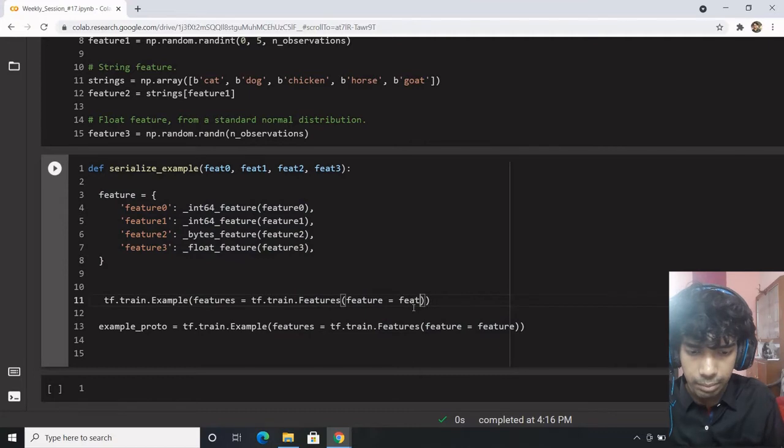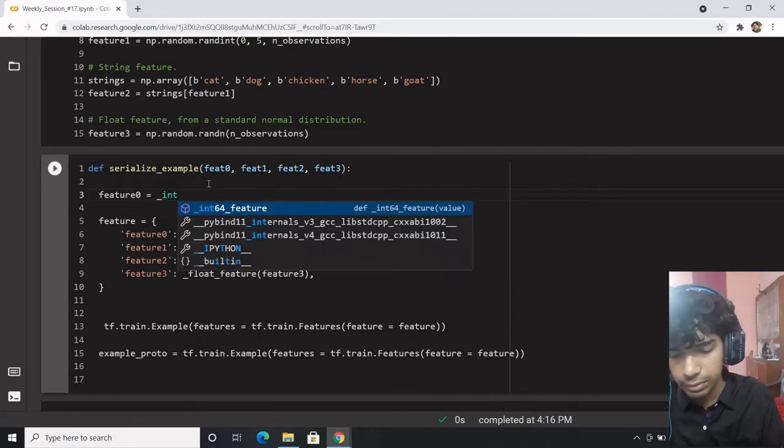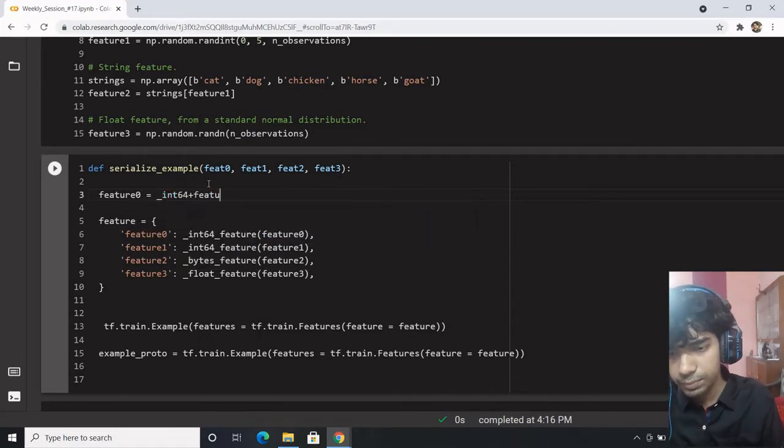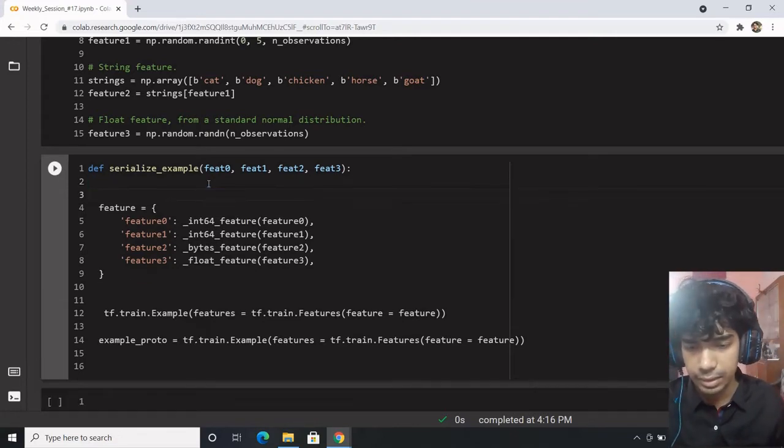Within the feature map, I could have done, let's say, my int feature, feature 0, by calling the int64 feature and passing feat 0. But that would be a lengthy process. Why do repetitive steps; rather we just skipped over a few steps. It's good to skip over a few steps if you can.